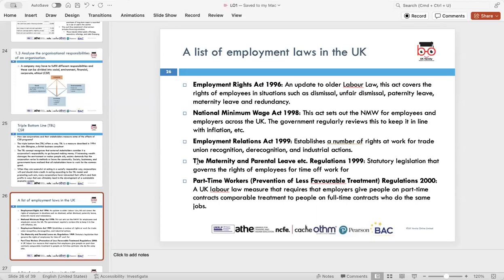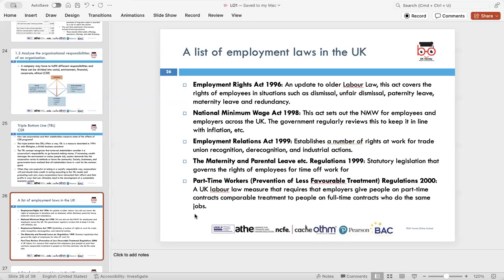The Employment Relations Act 1999 is responsible for establishing a variety of rights in the workplace, including trade union recognition, de-recognition, and industrial activities. Maternity and Paternity Leave Act, among other things, regulations 1999 are a piece of statutory legislation that governs the right of employees to take time